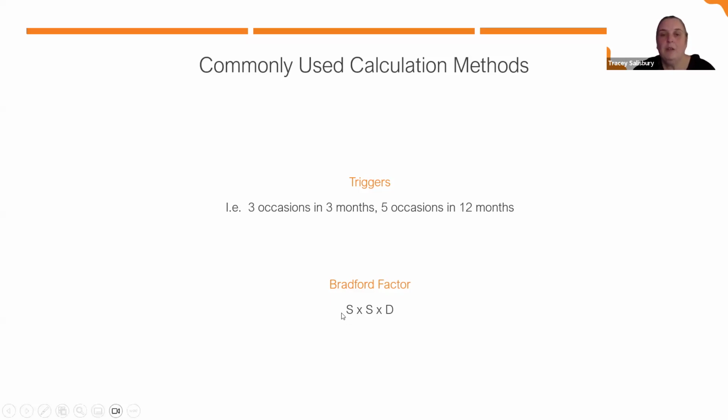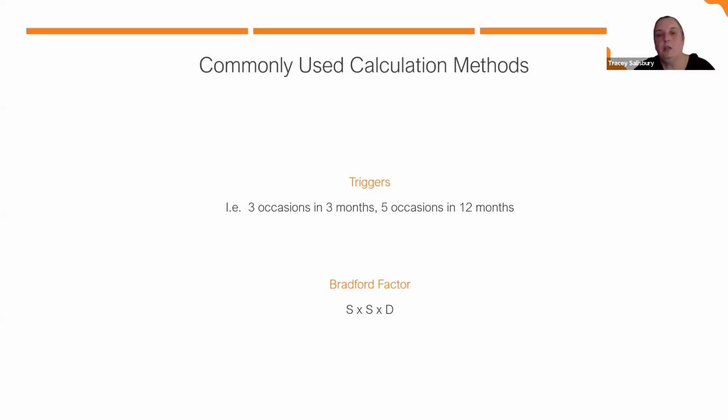Other companies will use the Bradford factor, which is a really well-known method of calculating. And as you can see there, it goes on a formula of S times D. So the S is the spells or the occasions, and the D is the number of days. So if somebody had perhaps one occasion of sickness, which was 5 days long, their formula would be 1 times 1 times 5. If they had 10 occasions over the last year that were all 2 days each, it would be 10 times 10 times 2. And that will give you a physical number,